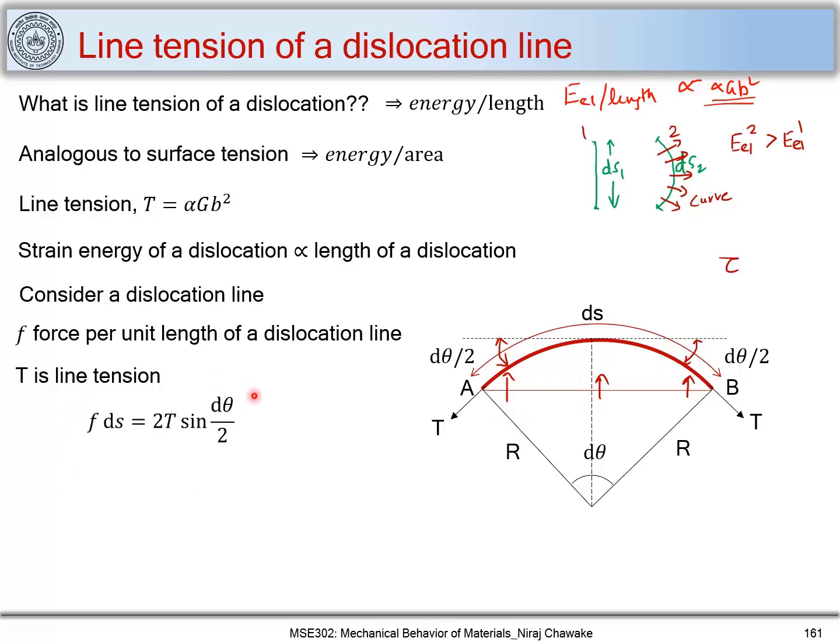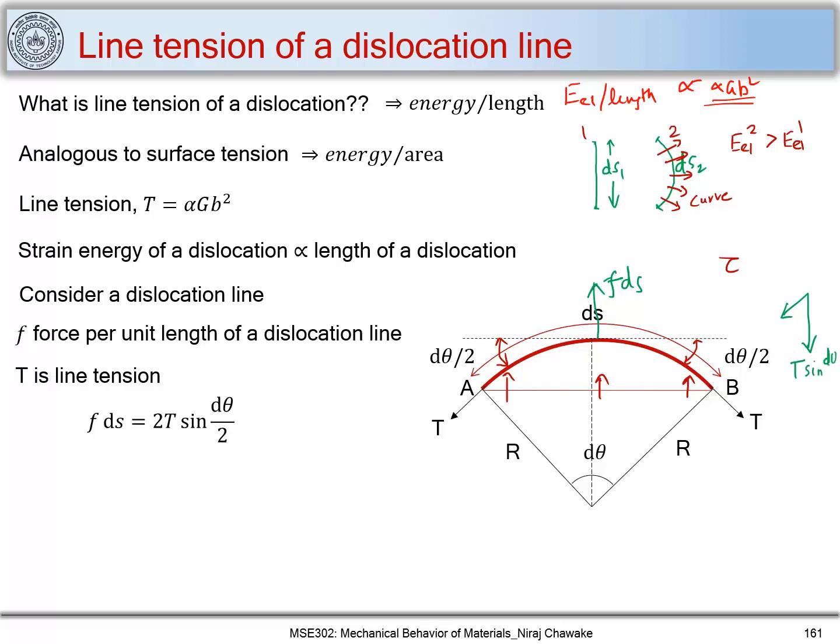So now if we do a force balance, we can say that the force per unit length of a dislocation, we have defined it as F, and ds is the length of the dislocation. So we can find the combined force acting on the dislocation. Let us write it down. It acts here, so this will be F ds, and it must be balanced by a downward force. Let us write that down also. So we have T here, and the downward force will be T